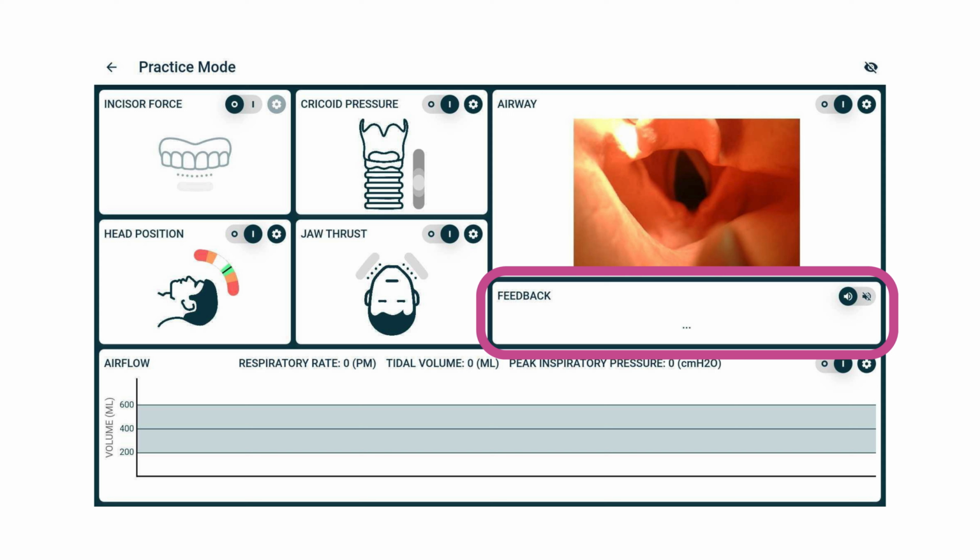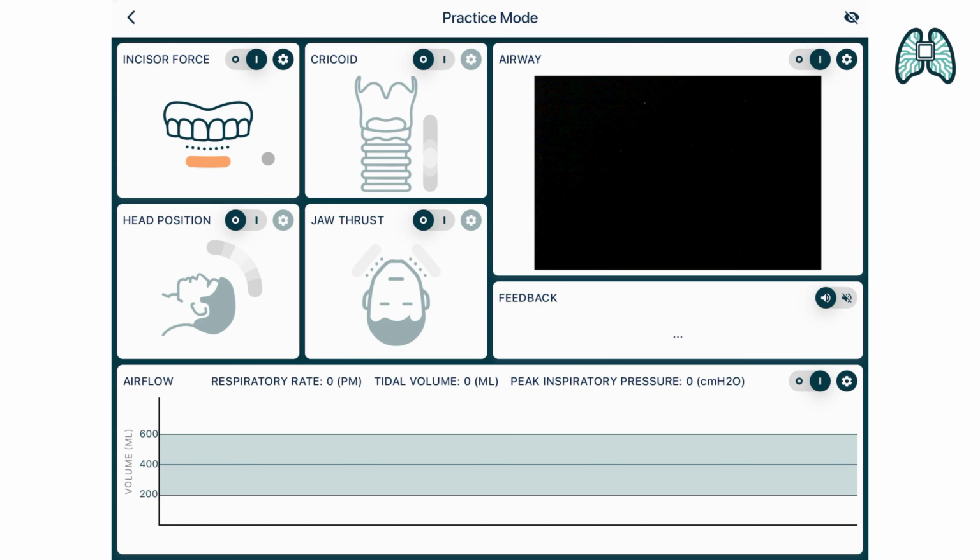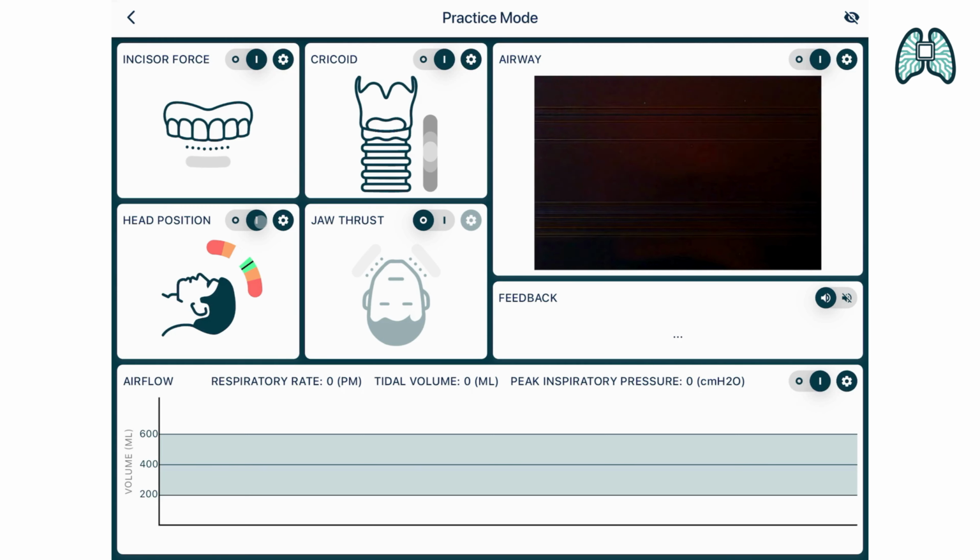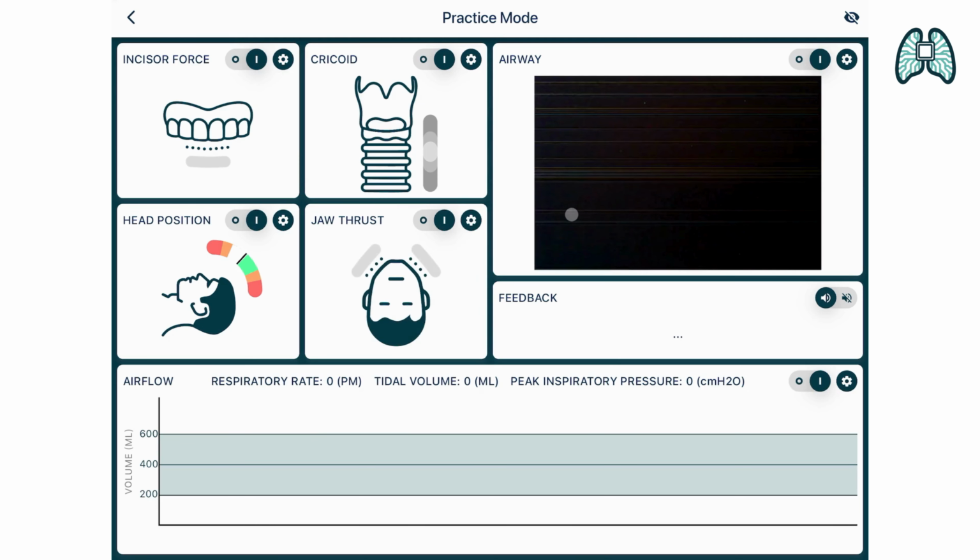The feedback pane displays text feedback based on user performance. Information on each skill set is displayed here, with a toggle on-off to control the audio for each message. Example text and audio prompts include: incisor, incisor force detected, reposition laryngoscope; cricoid, pressure applied in incorrect position, palpate cricoid cartilage and try again; head position, optimum position achieved, well done; jaw thrust,